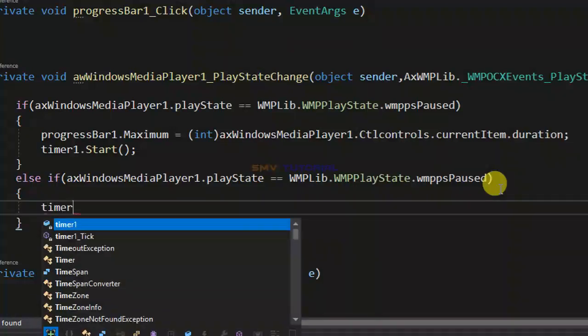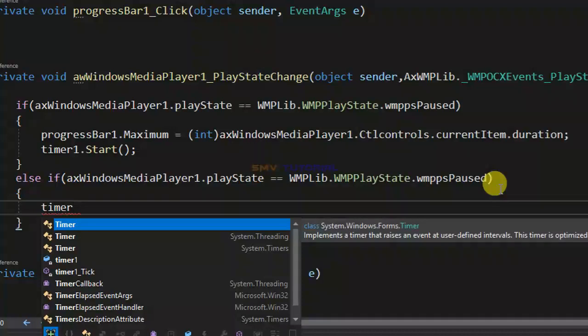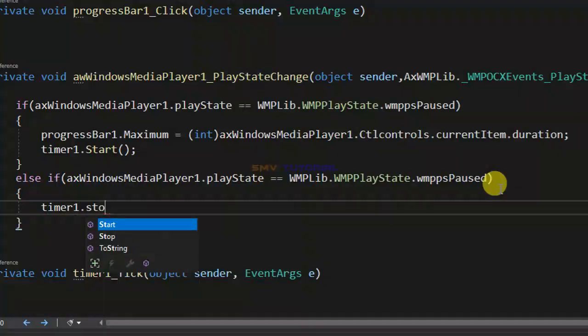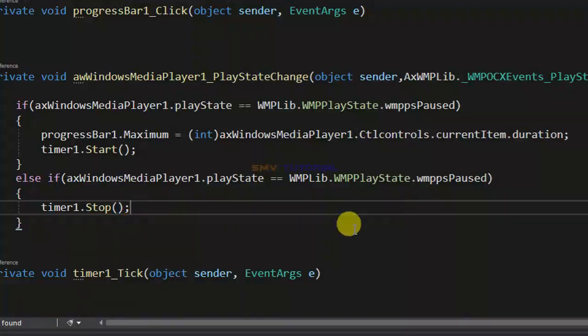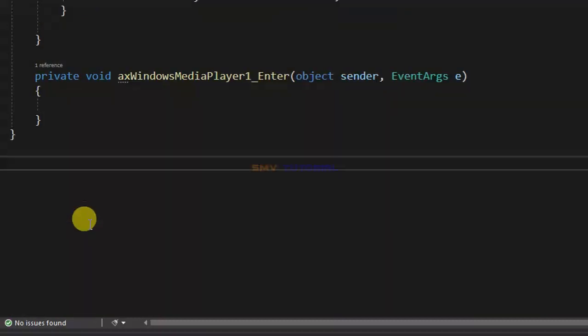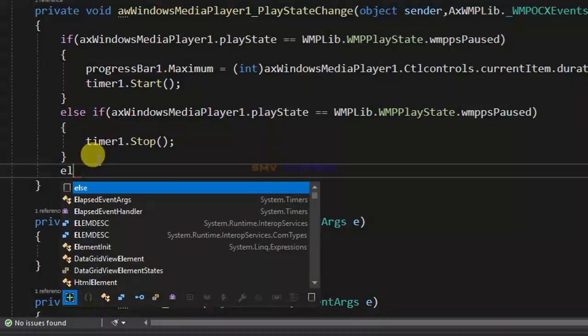timer1 dot Stop. Using the Stop function, next using else if